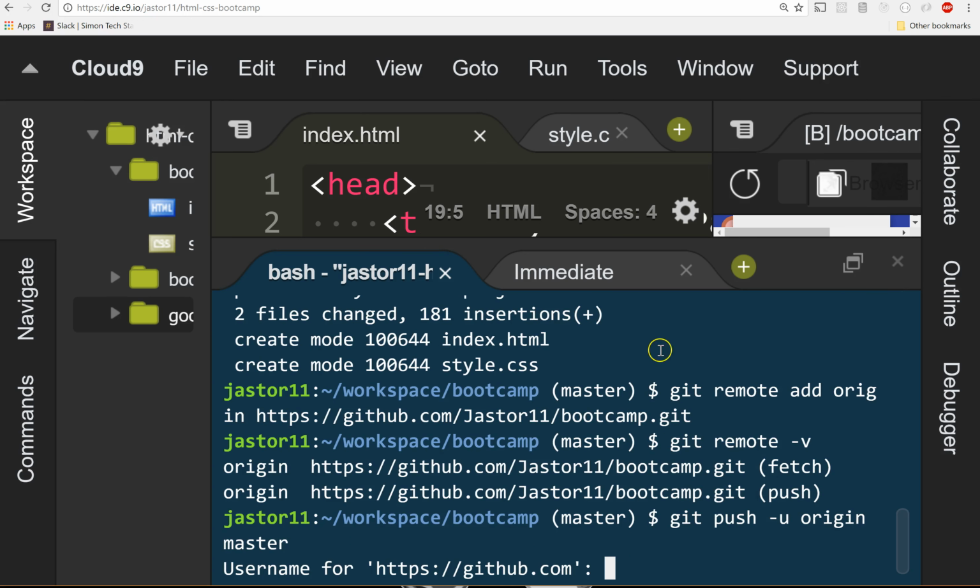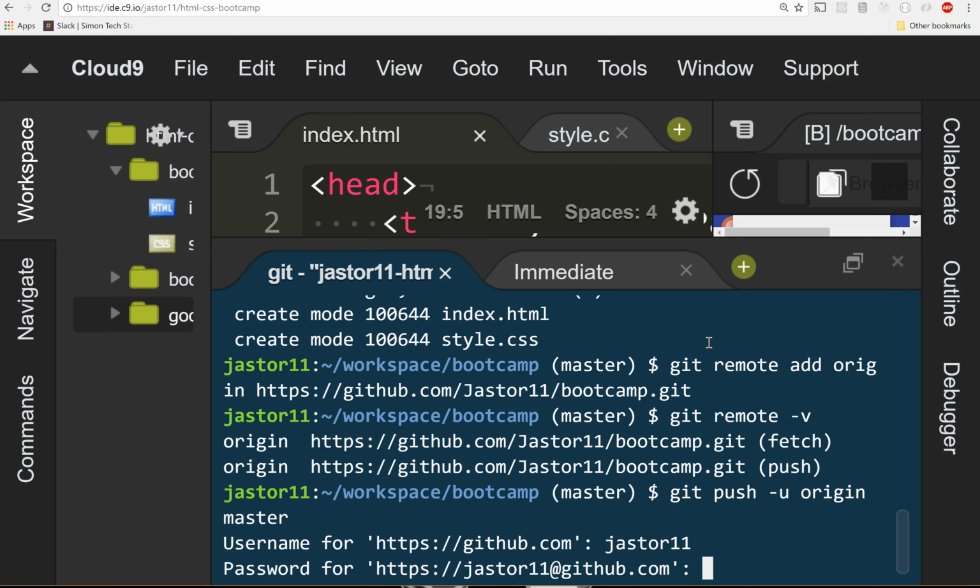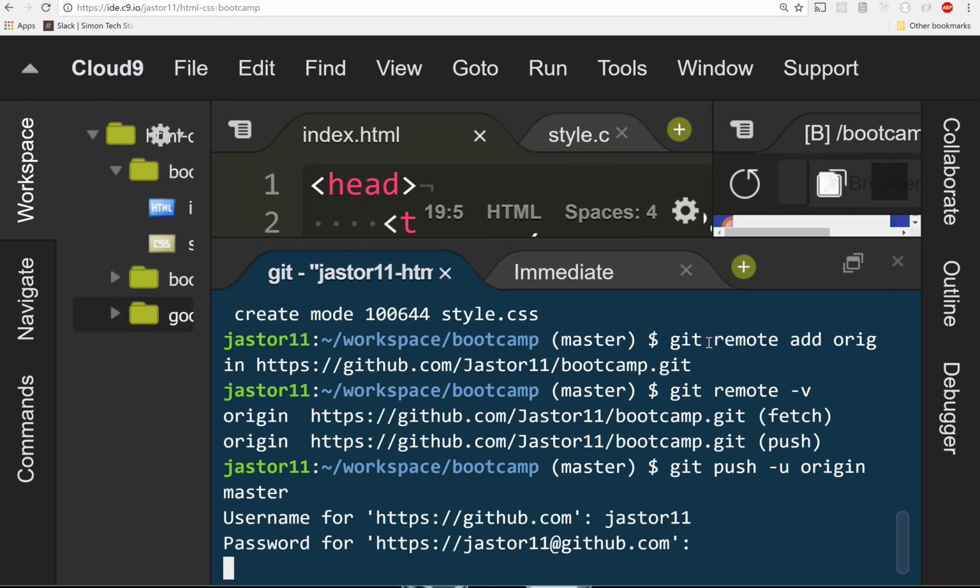Now what it'll do is it'll ask for your username. Mine is JAster11. Yours should be something else. Then it'll ask for a password. Now be careful here. It will not display any feedback to let you know that you're typing it out. So I'm going to type in my password here, and you can't even tell that it's happening, but it is. And I press enter, and if I get it right,